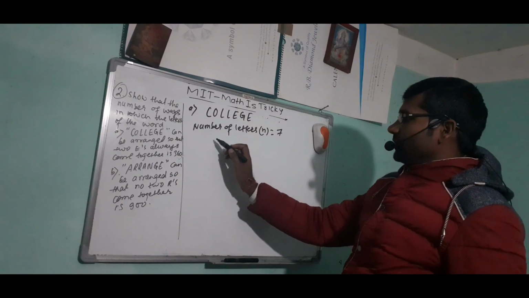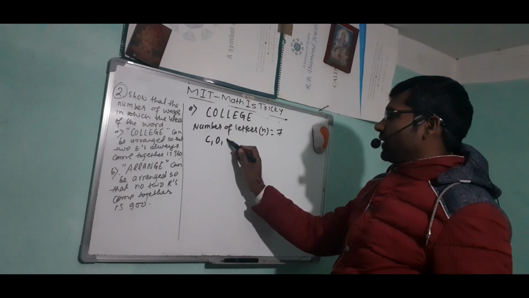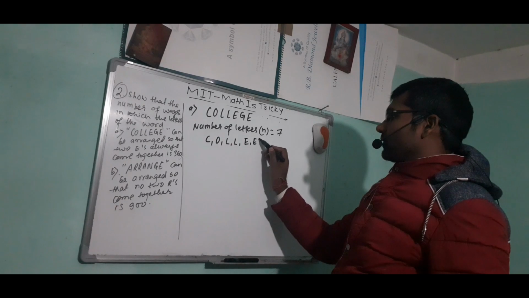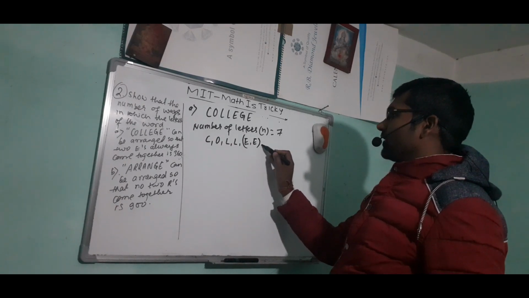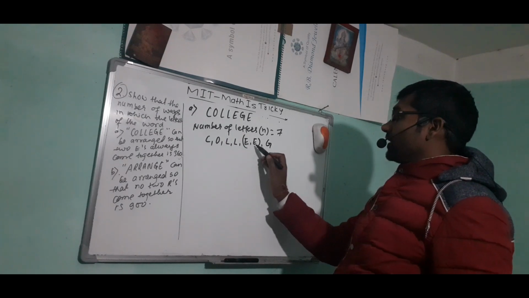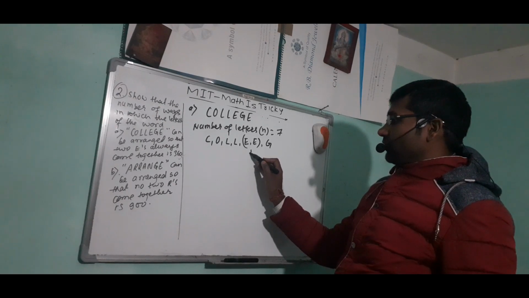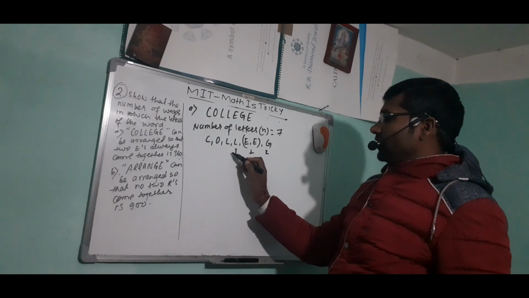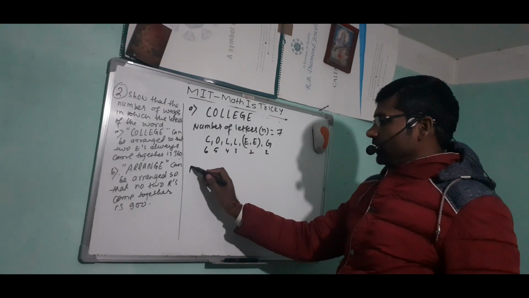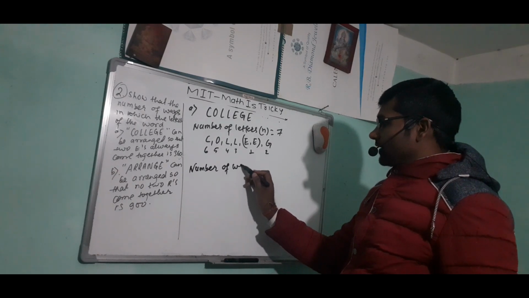So it means here we have to write here arrange so that COLL and both E come together, and G. See here 1 2 3 4 5 6 7, but 2 E's are coming together. It means here we have to count this as 1, so 1 2 3 4 5 6. So that means number of ways